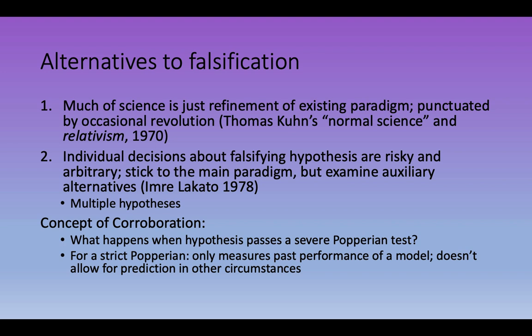So we end up with this really difficult situation where even when we're rejecting a null hypothesis, for a strict Popperian it only applies to that one experiment. So it becomes impossible to corroborate, because even if we were to repeat it or do something else, there could be all kinds of reasons why it might not apply to that specific case. So it becomes really difficult to defend this very strict approach. Not that it's not powerful, I'm not saying that, but there are some places where we might not think it's the best approach for conducting science.